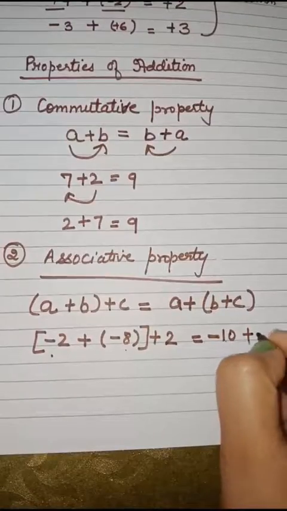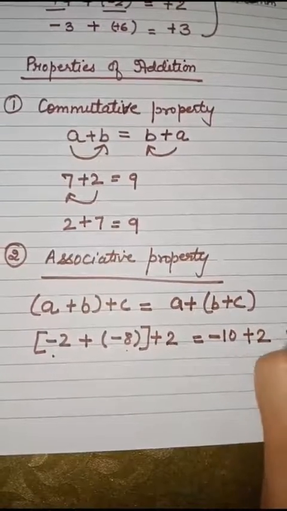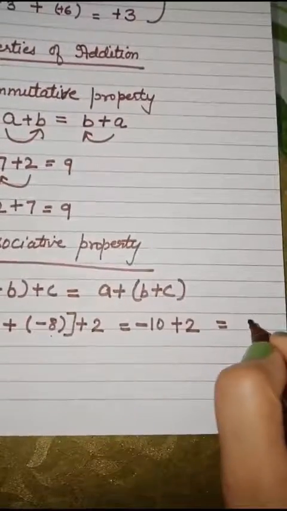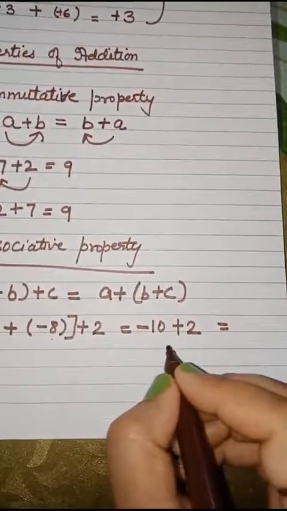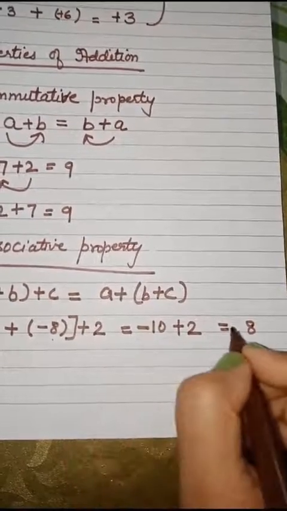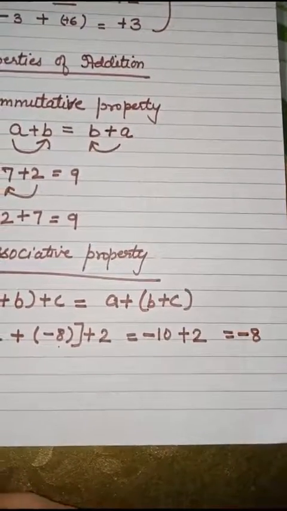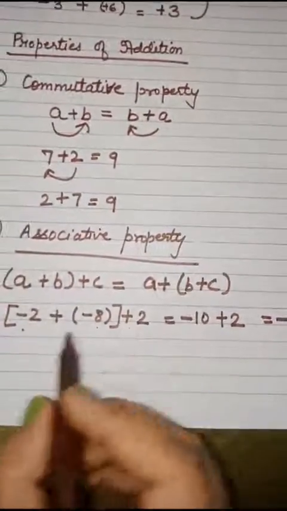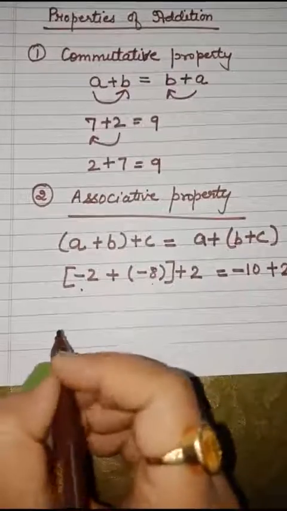This we have to add with 2. That means plus minus is minus. So we have to subtract 2 from 10, that is 8, and the sign of the greater number, that is minus. 8 is the answer. Now as per the associative property, if we are adding it in this order,